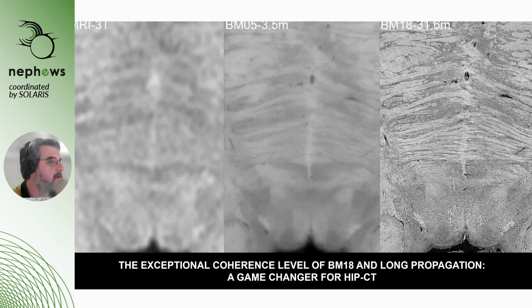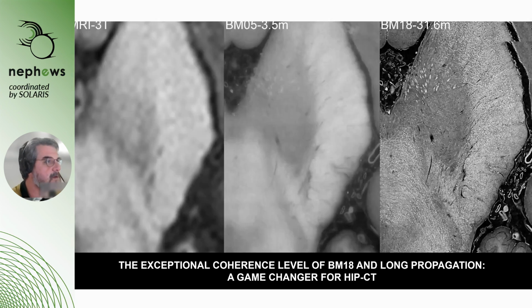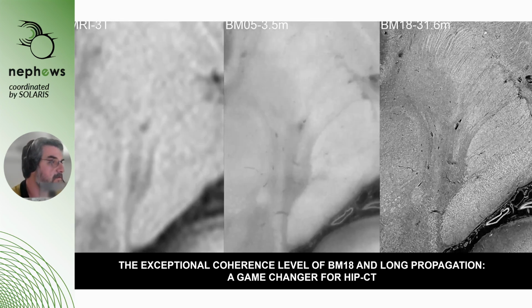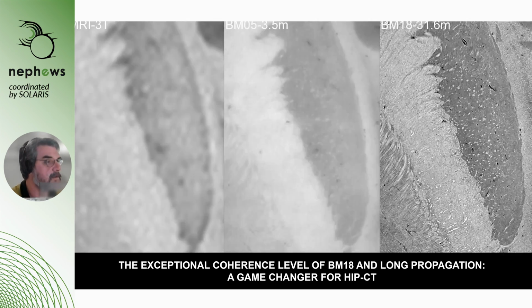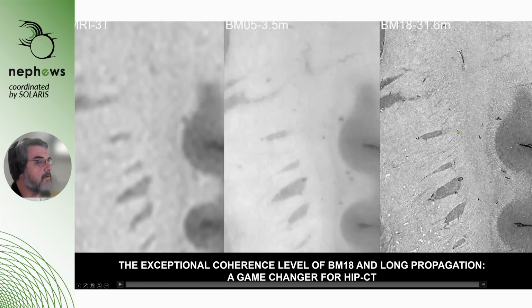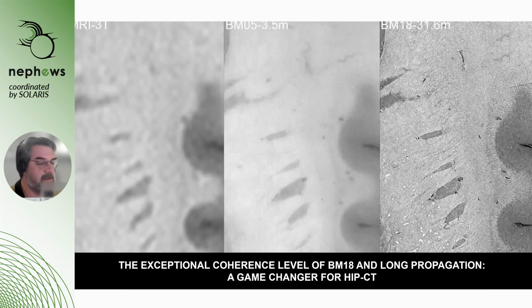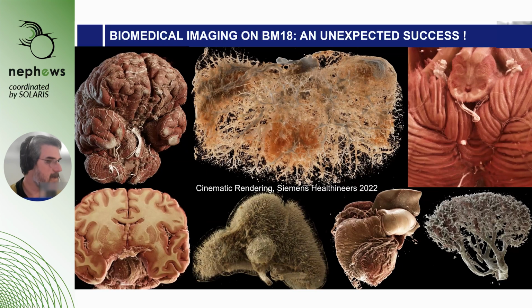So why do we use this technique so much? Because the sensitivity is much, much higher. The scan was also faster and the dose even lower. But just have a look at the level of detail you can reach thanks to the propagation phase contrast. It's not feasible in vivo, unfortunately, the dose would kill anybody in less than 1 second. So this biomedical imaging was really unexpected, but it was a huge accelerator for BM18, because this technique developed for biomedical has been reused for all the other thematics, including geology, industry,